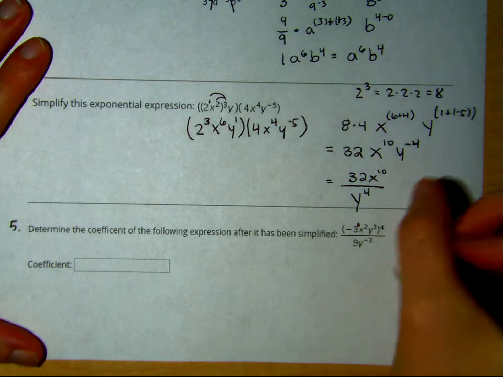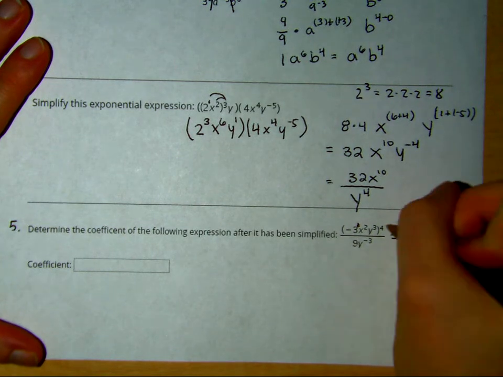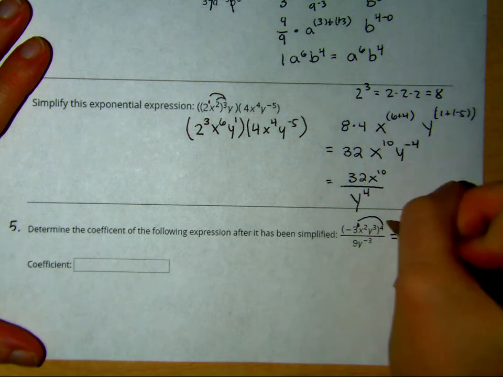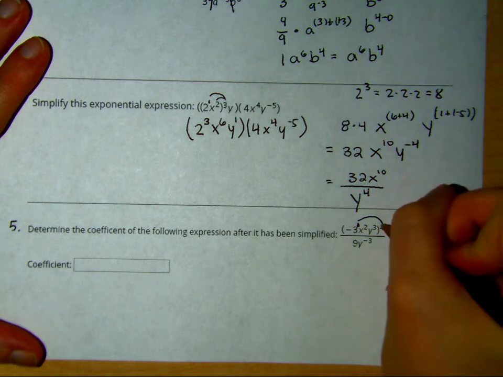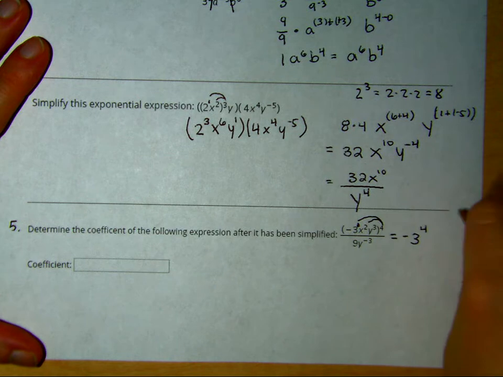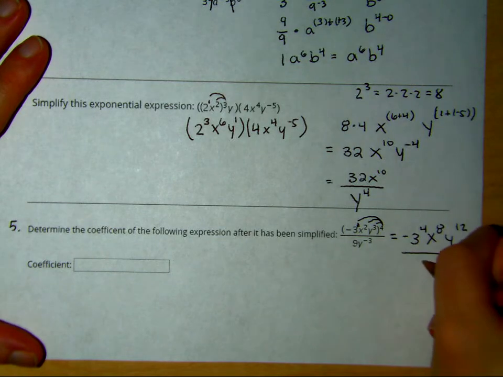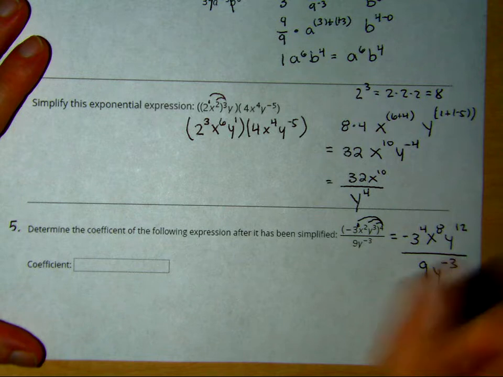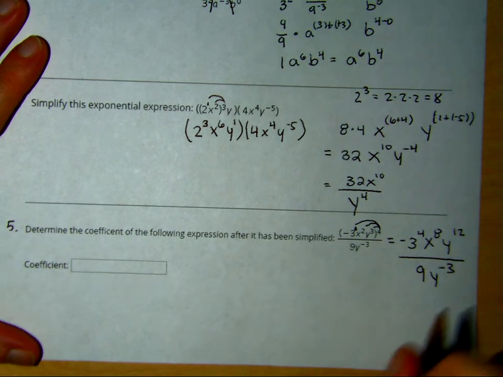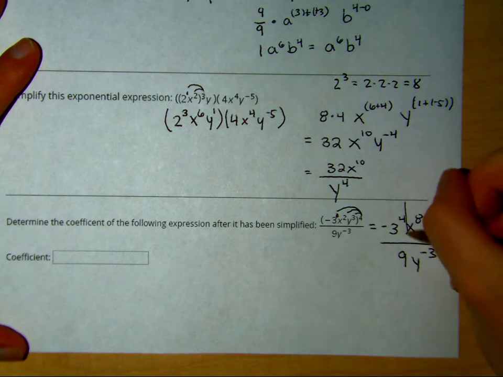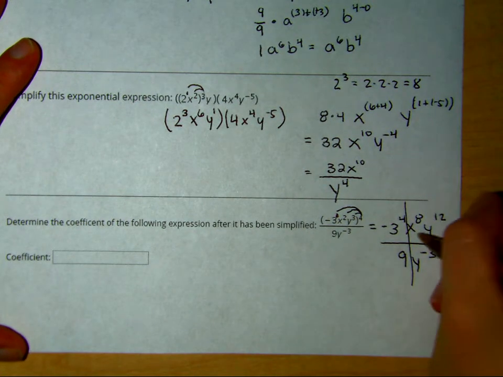So let's go ahead and distribute 4 to each of these. So we have negative 3 to the 1 times 4 is 4. 2 times 4 is x to the 8th. And then 3 times 4 is y to the 12th power. And then we just keep our denominator. And now we are just dividing. And we can make sure to divide our common terms. There's no x value, so